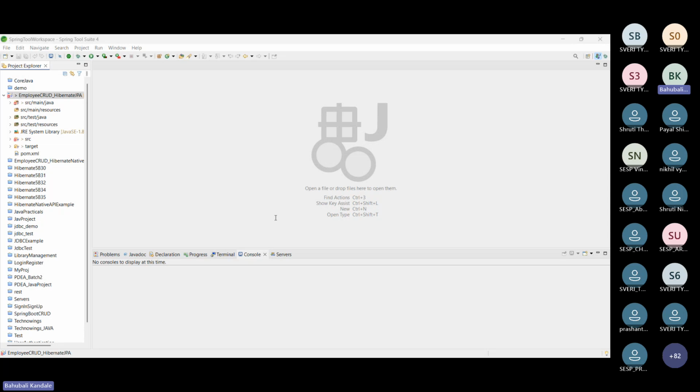We already discussed what JPA is. JPA stands for Jakarta Persistence API, and it defines a standard for managing relational data in Java applications. Hibernate is JPA compliant, which means Hibernate implements the specification provided by JPA. So most of the time, when we develop any database-related application using Java, we prefer JPA